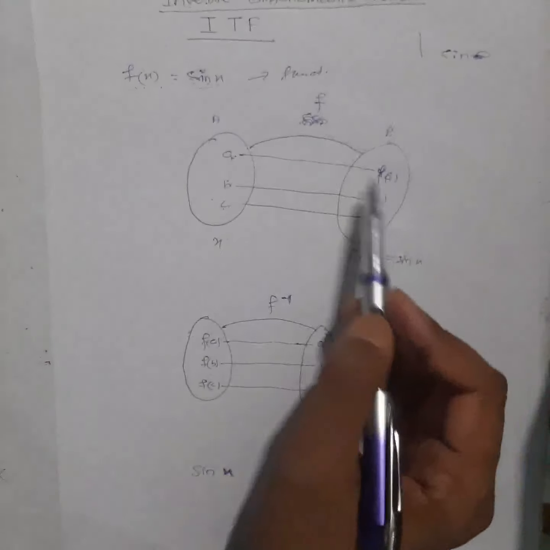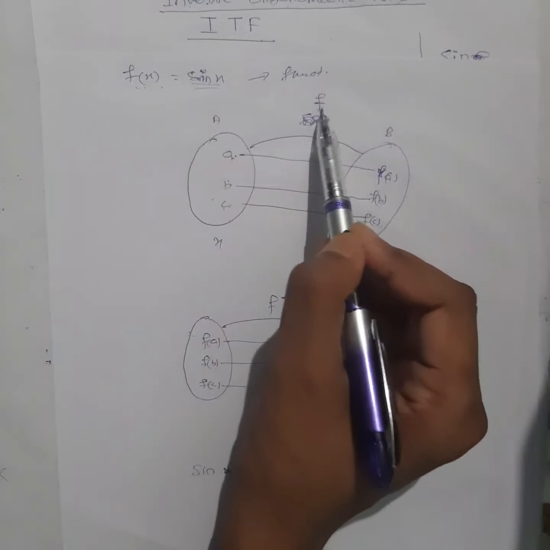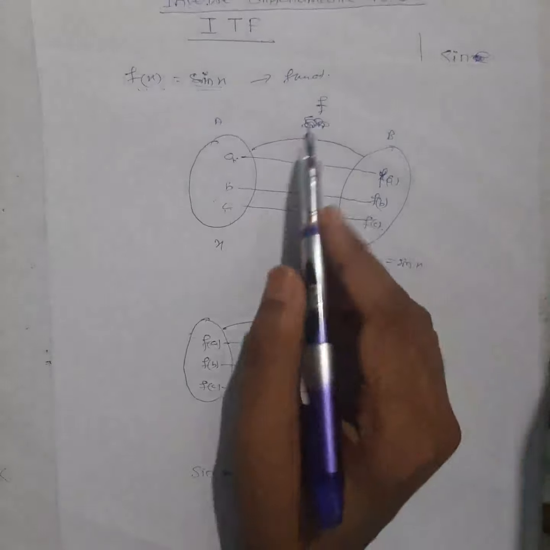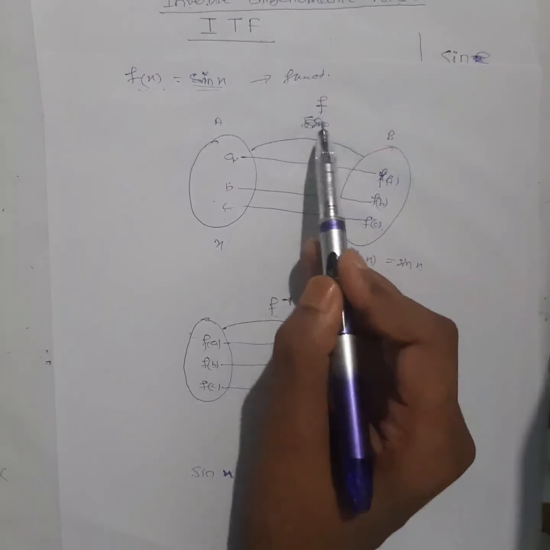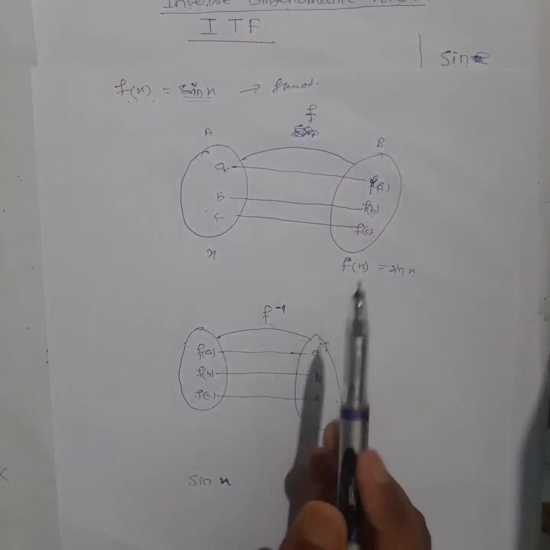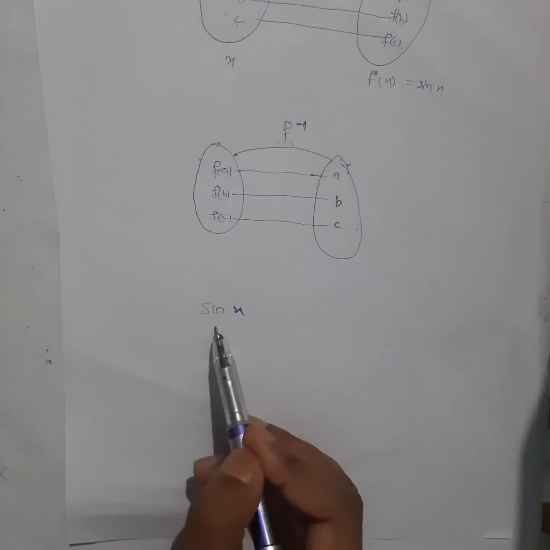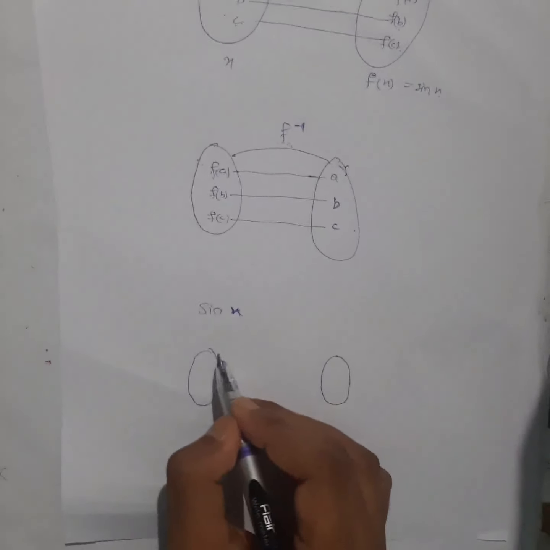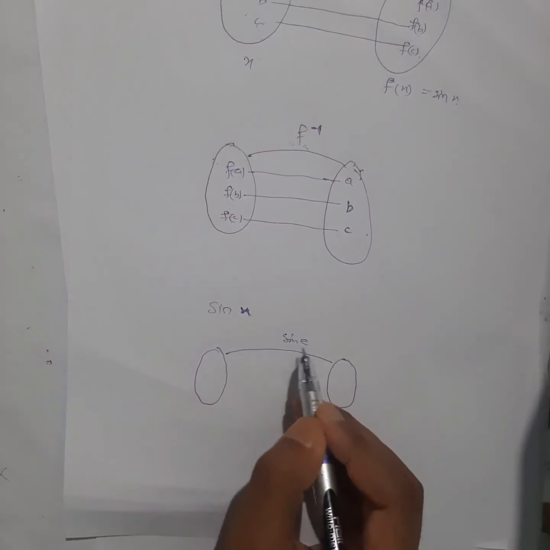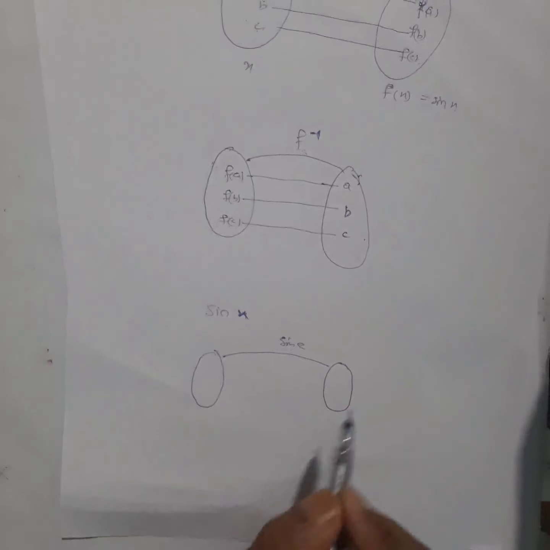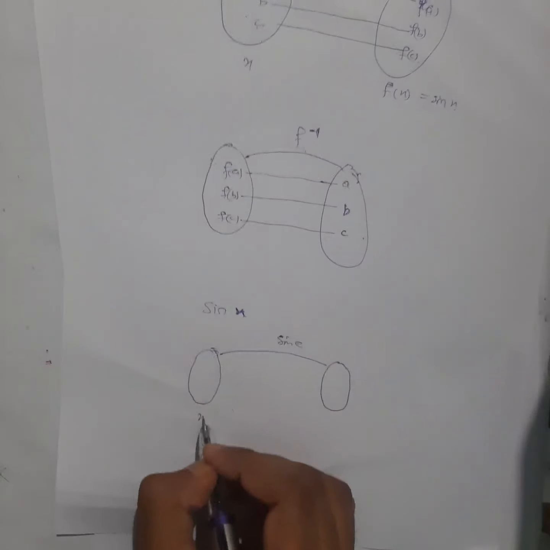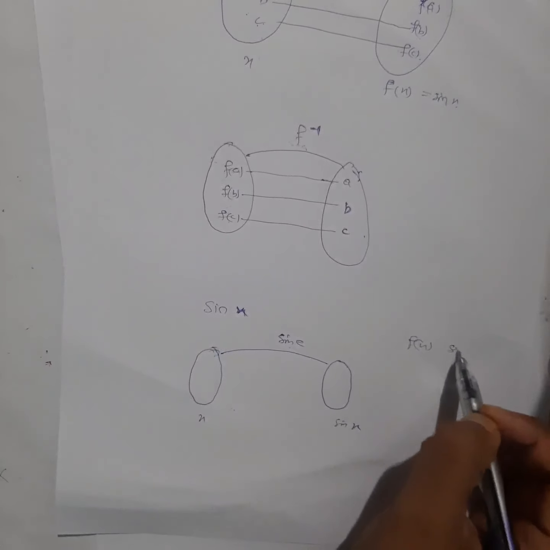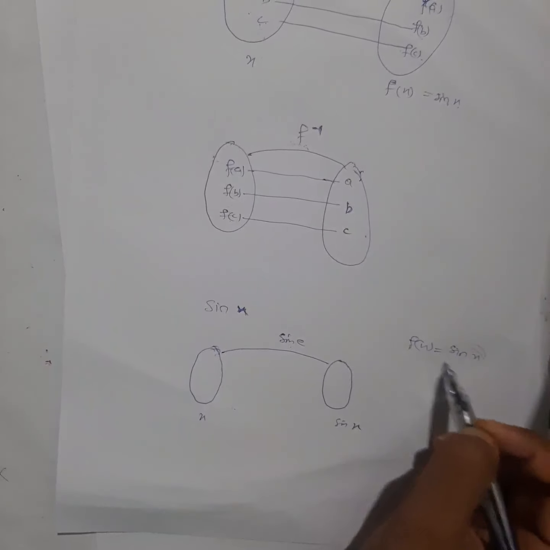Now, when is it possible? Remember we studied in the first chapter: if f is bijective, then only you can have an inverse function. If it is not bijective, meaning not one-one or not onto, then you cannot have an inverse function. So this is very important here. So for sin x, first we will find the domain and then the range. Instead of writing f, I will write sin here. You need to understand this is the sin x function, this is x, and this will be sin of x. We can write f of x as sin x. This is a function of x.